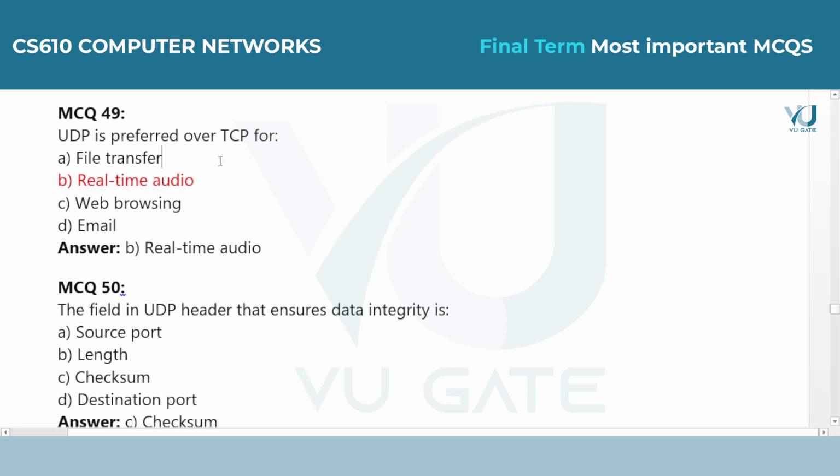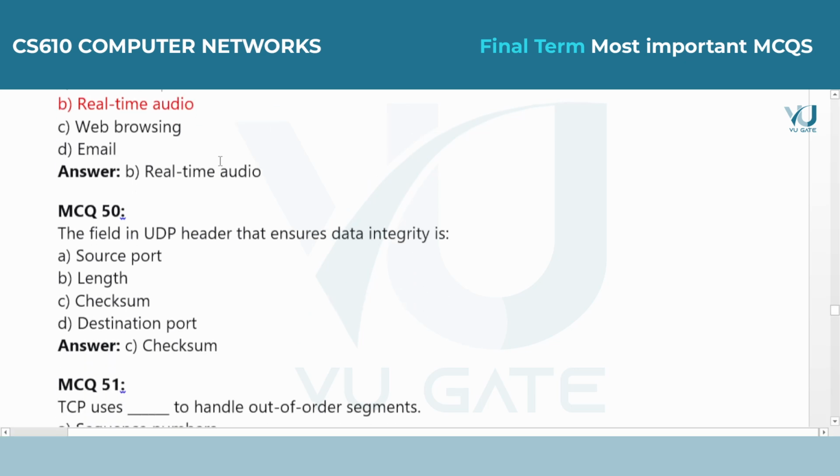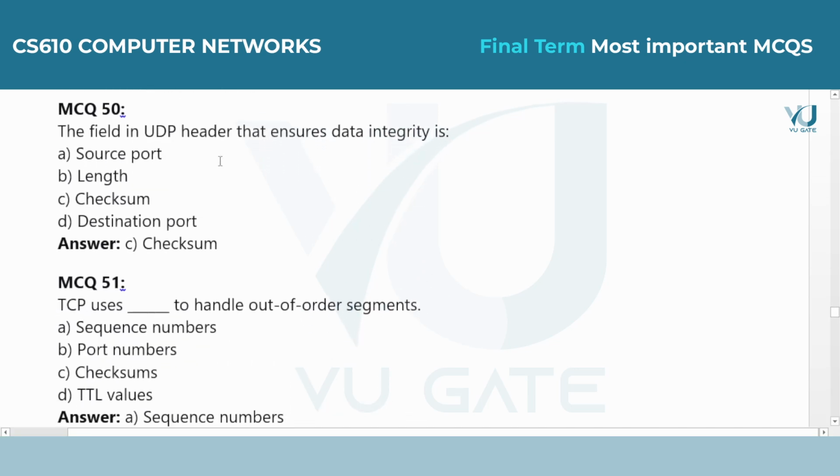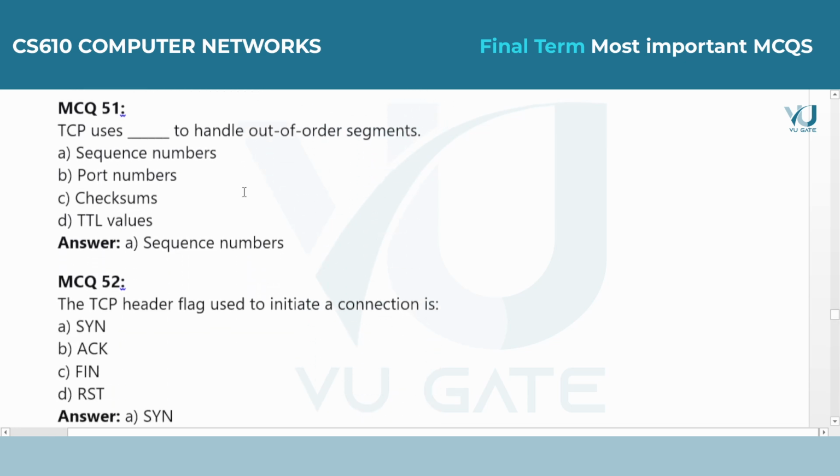MCQ 50. The field in UDP header that ensures data integrity is? Answer: C. Checksum. Concept: the checksum is a mathematical value used to verify that the data has not been corrupted during transmission. MCQ 51. TCP uses what to handle out-of-order segments? Answer: A. Sequence numbers. Concept: